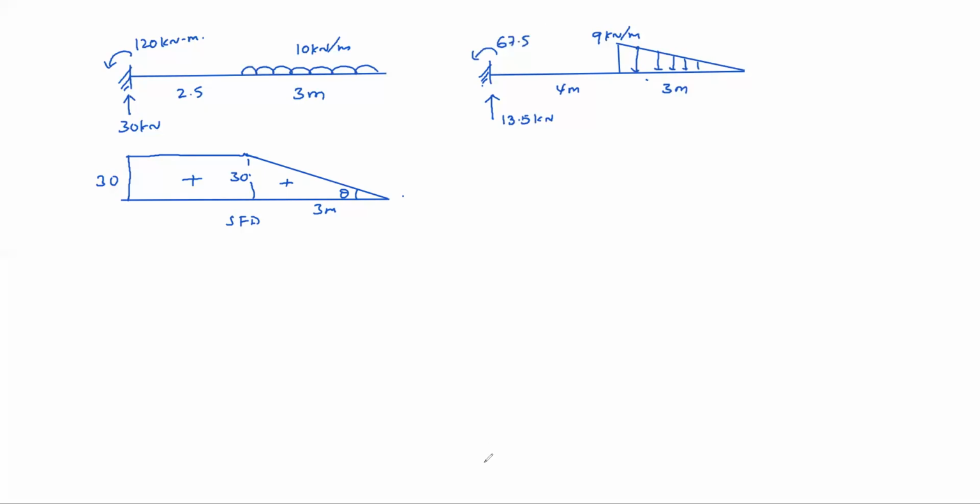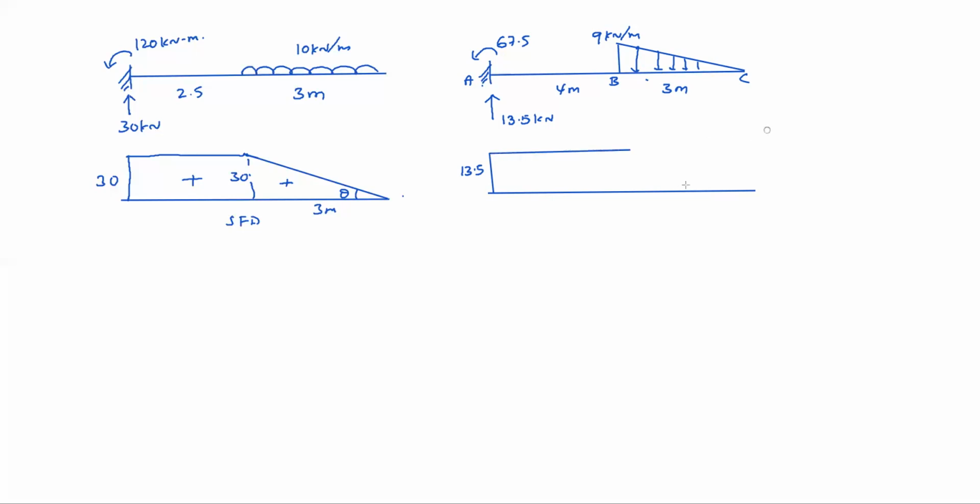Now how to draw the correct shear force diagram? Always start from left, then it is convenient. The reaction is 13.5, so directly you can draw 13.5 upward. Upward arrow, not right arrow. Then A to B, there's no load on the span, so obviously there's no change in shear force. It is a horizontal line.